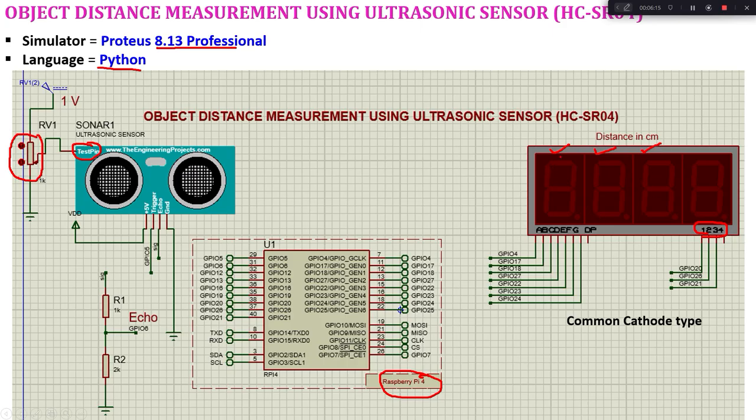So 7-segment, we already know that we have 7 segments in each digit. So A, B, C, D, E, F and G, right. All these segments are connected to the 4, 17, 18, 27, 22, 23 and 24 GPIO lines of your Raspberry Pi. And the trigger signal of this ultrasonic sensor is connected to GPIO 5 and the echo signal is connected